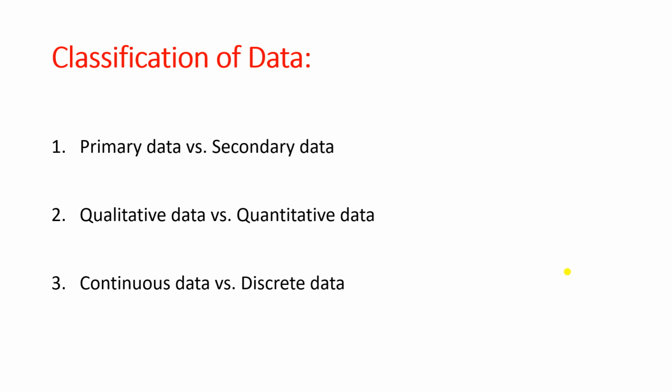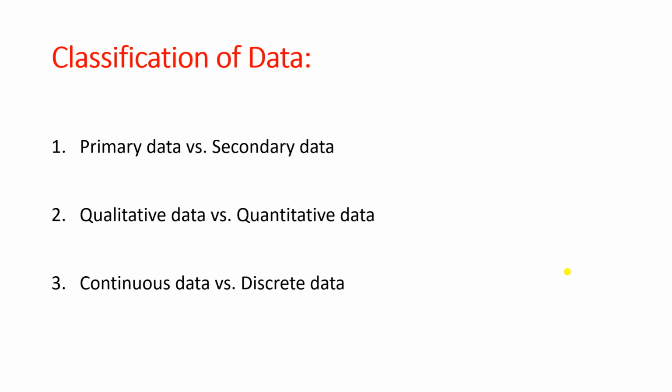Now let us talk about sex or gender. It can be male or female. You can measure the frequency, that in a particular class how many of the students are male and how many of the students are female. That part you can measure. But can you measure the variable itself? Can you measure male or female? The numbers can be measured. So some variables like gender, religion, occupation cannot be measured. Only their frequencies can be measured. That is your qualitative data, right? So this is qualitative as well as quantitative data.